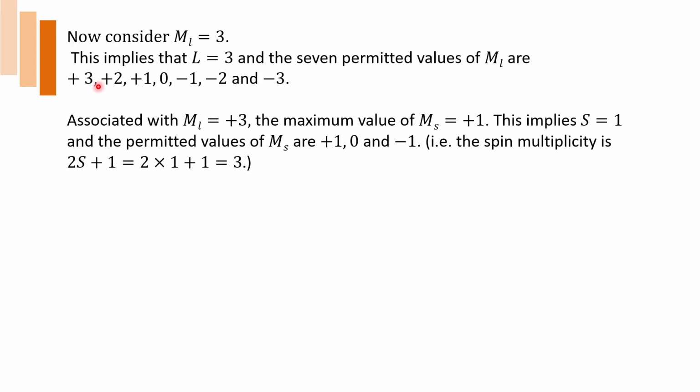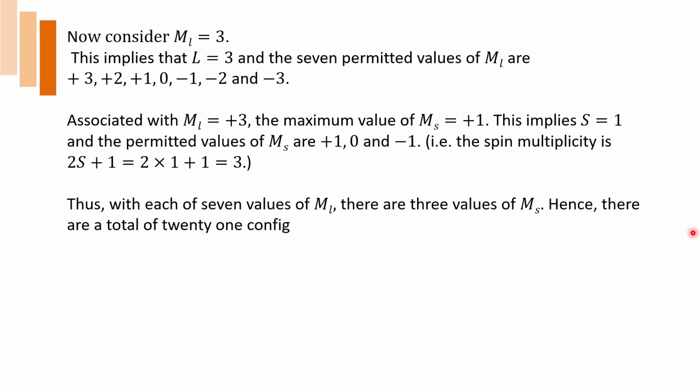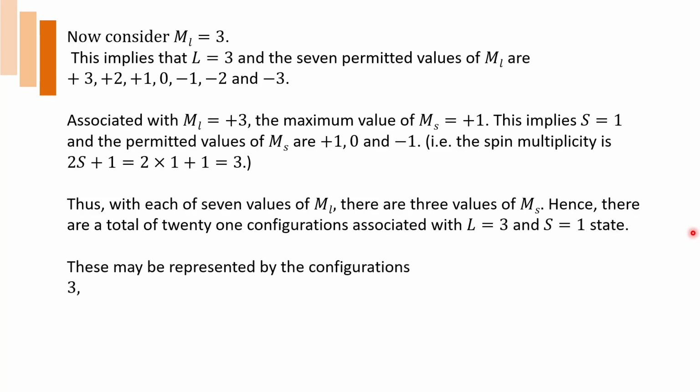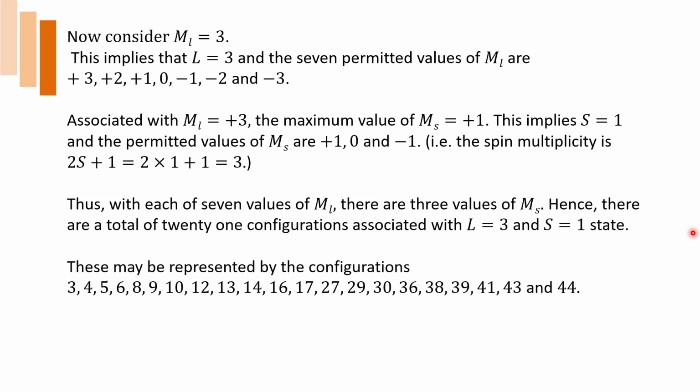But here also, there are 7 possibilities, and for every possibility you have 1, 0, and -1. That counts 7 into 3. There are 21 combinations likely to be there, and you can yourself discover that there are such 21 combinations possible. And if you are saying that it's L, the term is F, and the term symbol would be equal